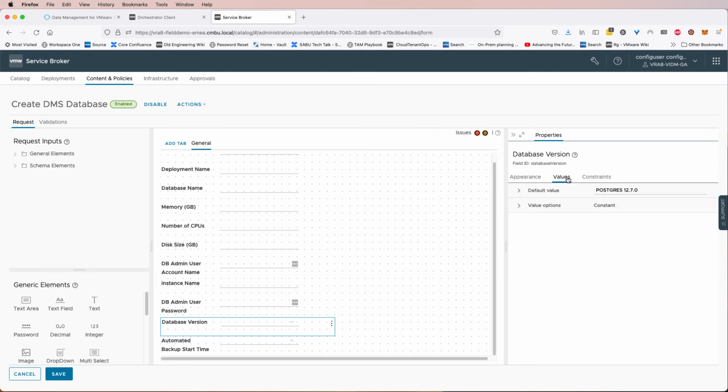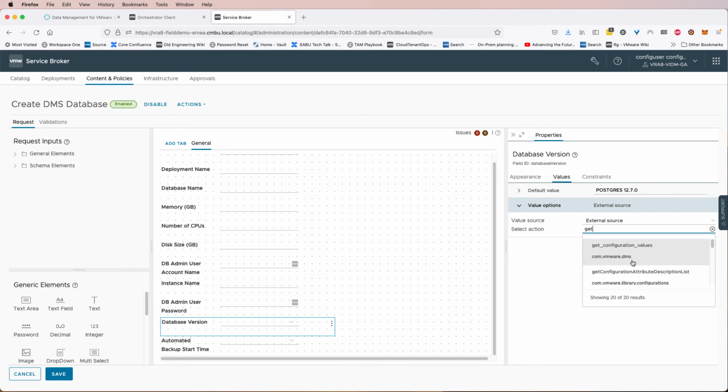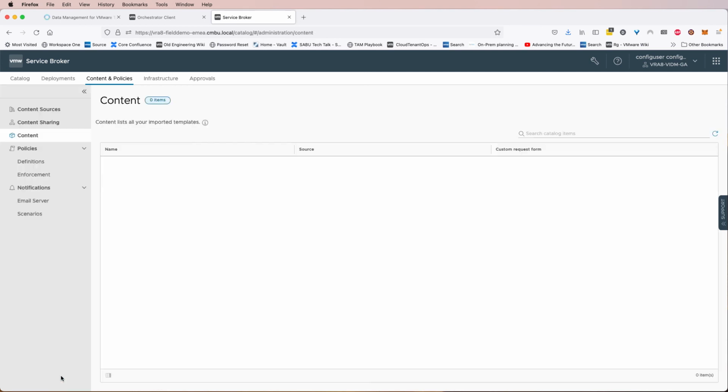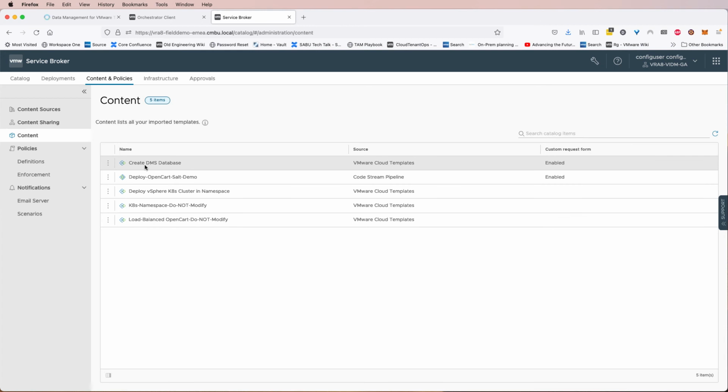If I click on values, then I'm going to click on value options. We're going to click on external source, and then all I need to do is start to type get in here, and it will search for the environment. And the one I'm looking for here is the get configuration values, and it's com.vmware.dms. And then I can save this,